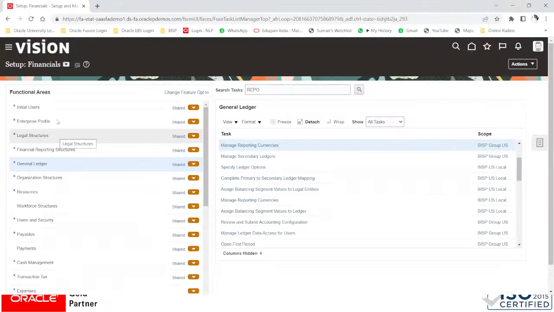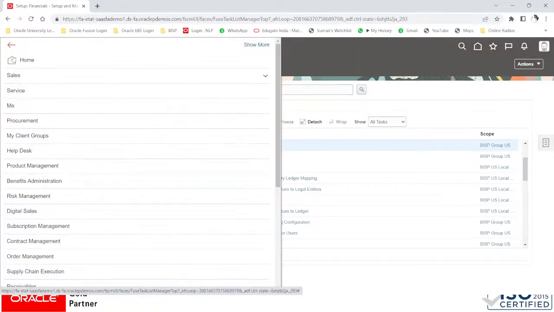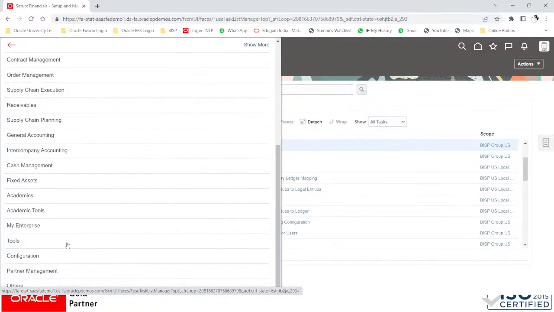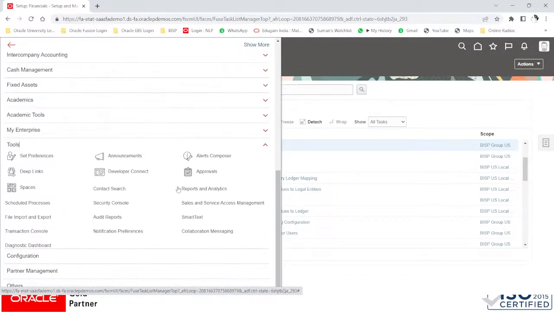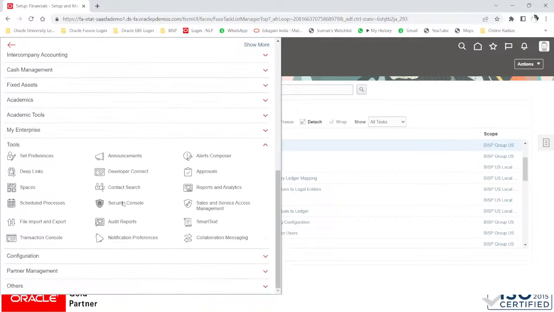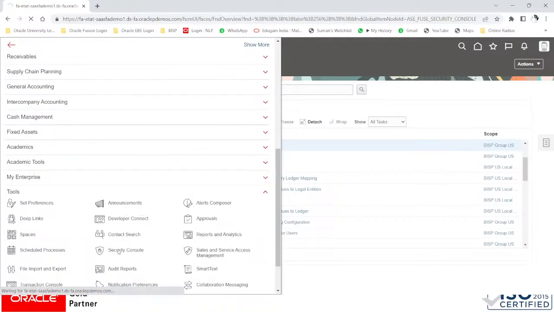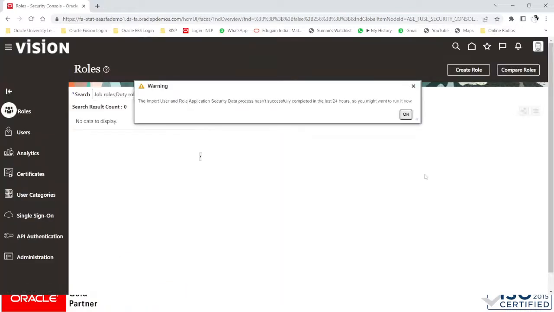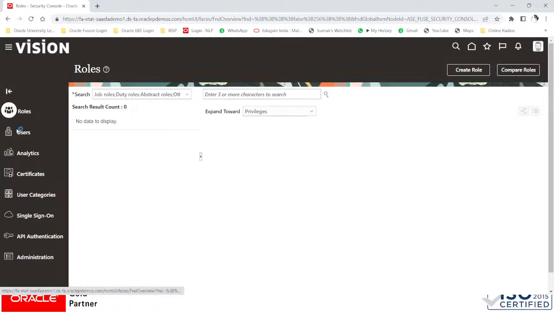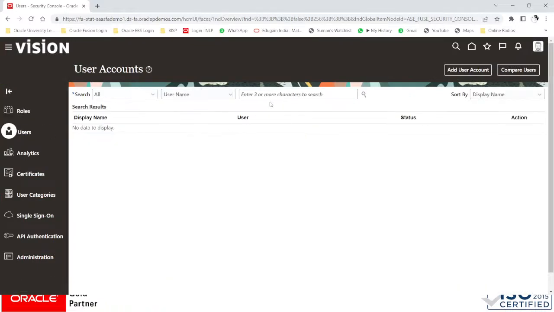Let us navigate to the role-based setup. For that I have to go to Tools, and in the Security Console, the first user is Susan